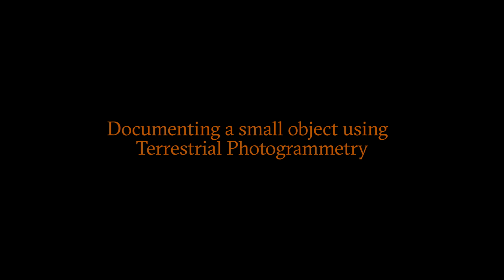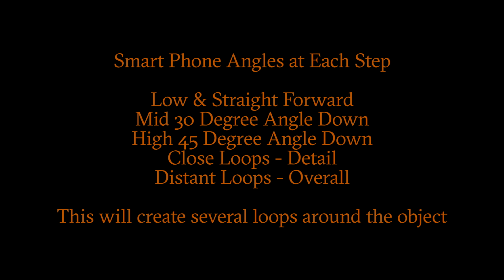Okay, reality capture for architecture. This is another example of documenting a small object using terrestrial photogrammetry. The stone planter example happened to take 92 images with multiple loops. This is using a smartphone at varying angles of degree, close loops, distant loops, to acquire the overall and detailed